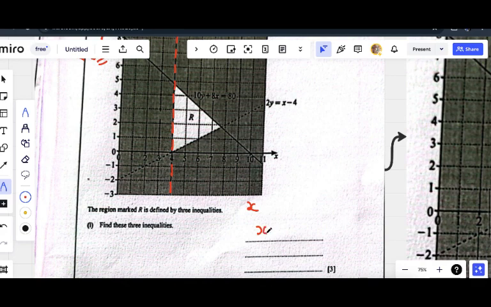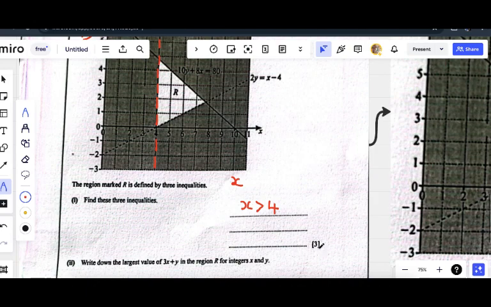That's the first one. You get your 1 mark. Every inequality you are able to write, you get 1 mark. If you are able to write the 3 inequalities, you get the whole 3 marks. This is how marks work, and this is how we distribute marks in the exams. Okay, so the next question